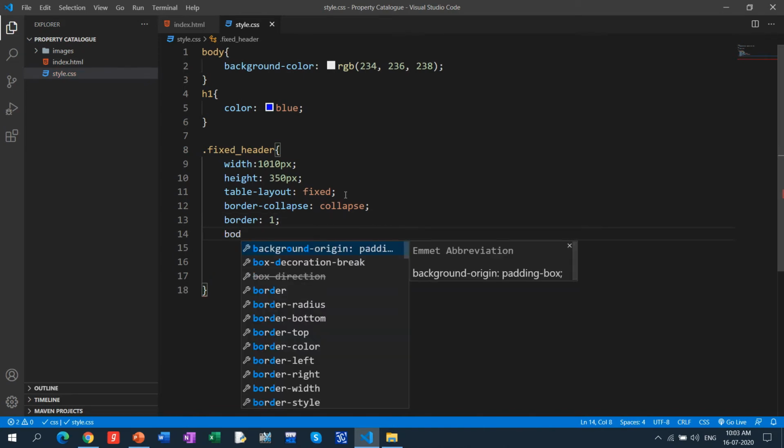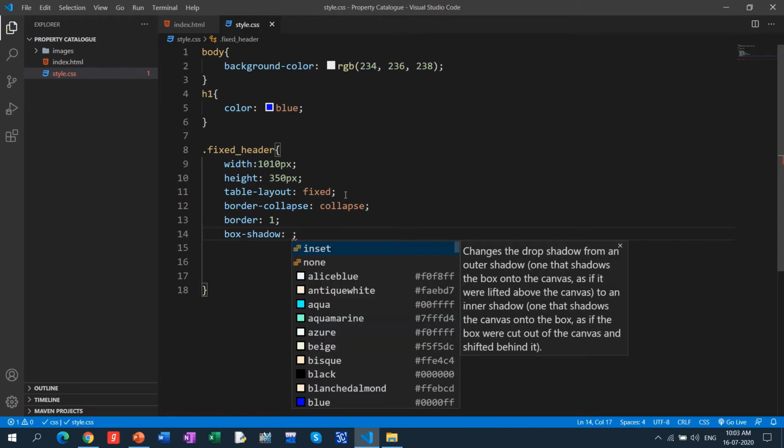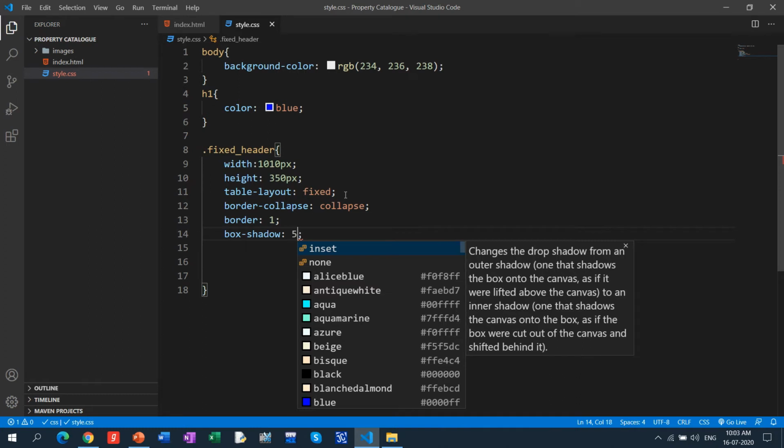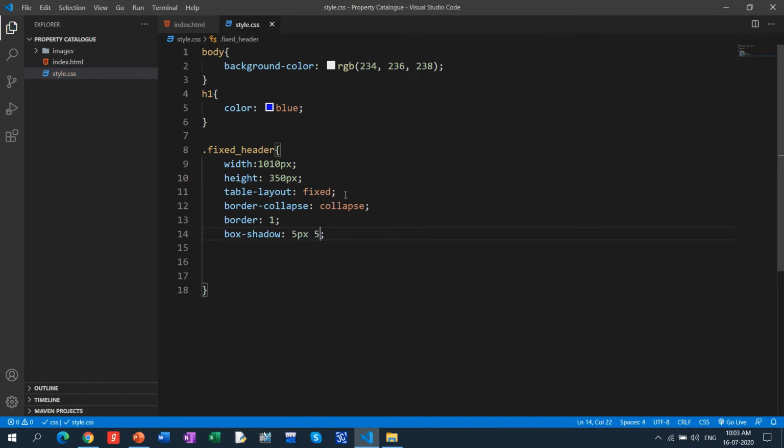And box shadow, you know the box shadow. What I can do is set it in a small amount, put it 5 px on all these three sides, right? 5 px, and for the shadow color I make it 0, sorry, 0.2 say. Once we do that, this is the fixed header done.